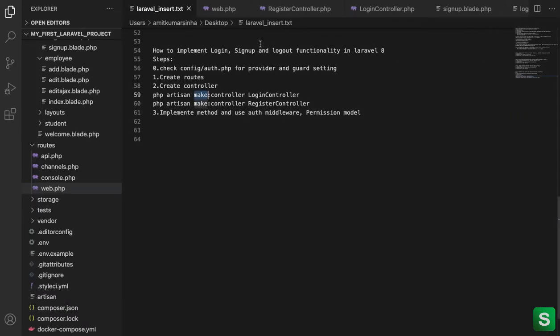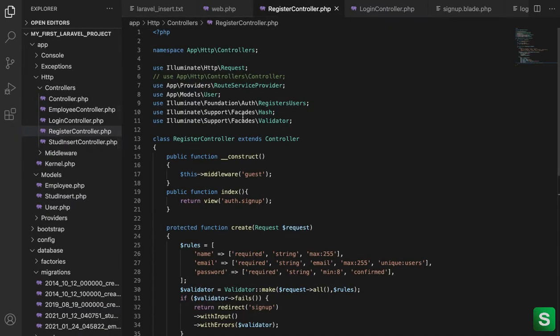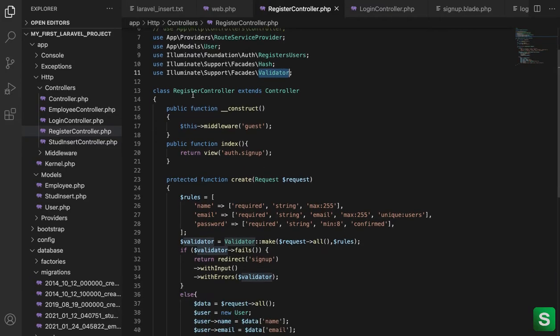We already have a user model, so we are not creating it because it comes with the installation files. First come to the RegisterController. In the RegisterController we are using RouteServiceProvider, the User model which you get automatically under the models folder, Hash, which converts the password string to hashed form, and Validator to validate the fields. Here you can see I used a constructor function in which I passed guest. Actually anyone can access it, which is the guest user, right?